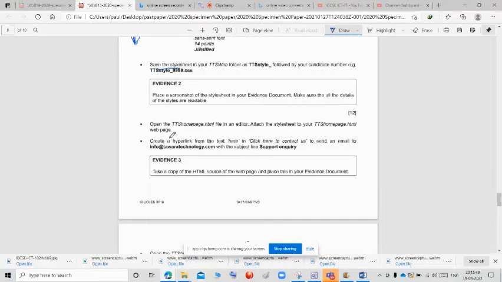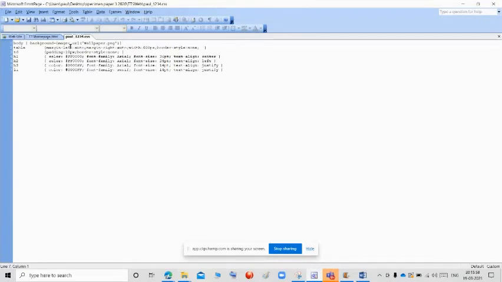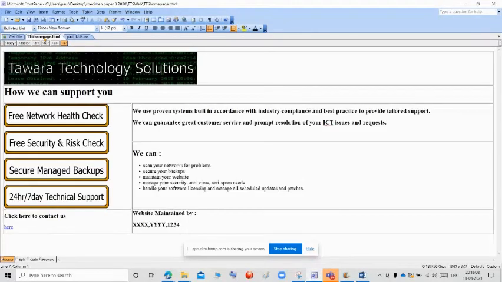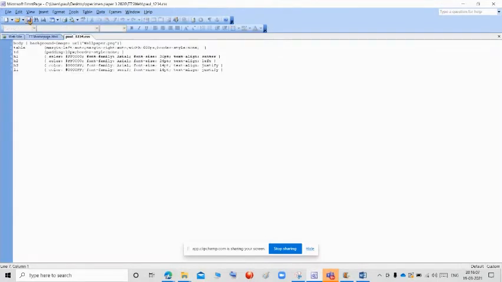Next question. Open the TTS homepage.html file in an editor. Attach the style sheet to your TTS homepage.html web page. So what they are asking, we want to attach this CSS file into the TTS homepage.html. So first save both files.